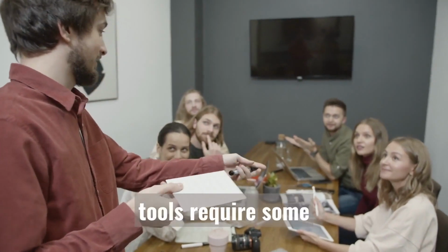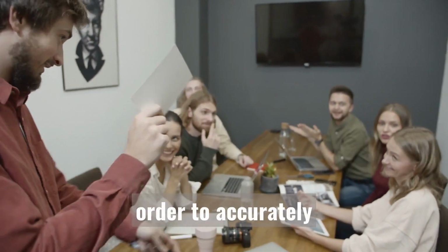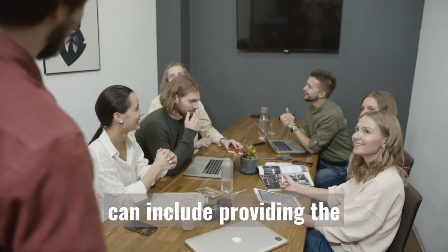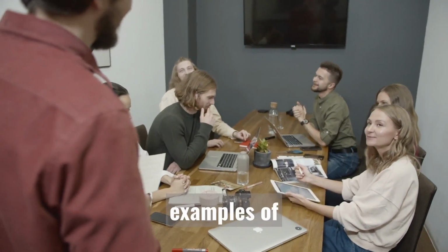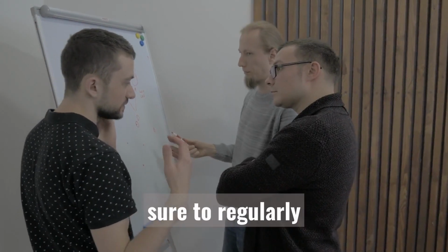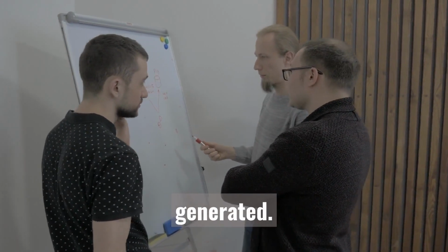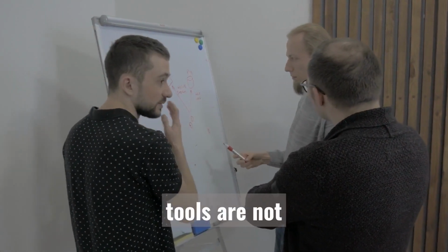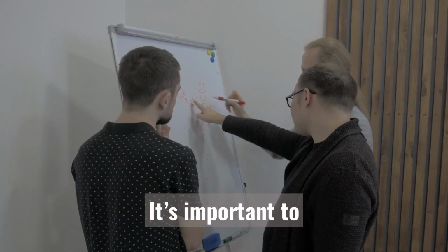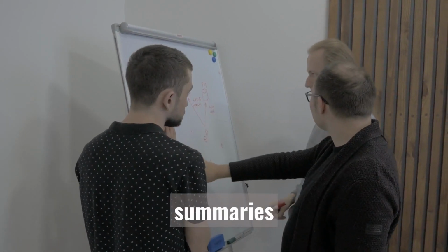Most AI tools require some level of training in order to accurately summarize the conversations. This can include providing the AI tool with examples of conversations or providing feedback on the summaries generated. Third, make sure to regularly review the summaries generated. AI tools are not perfect and may generate inaccurate summaries. It's important to regularly review the summaries generated to ensure